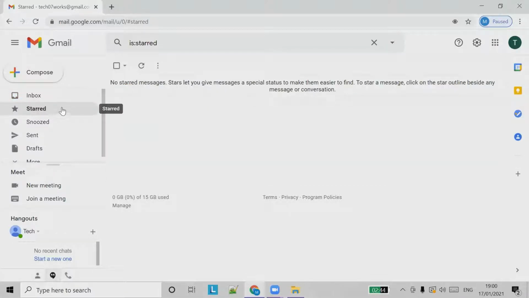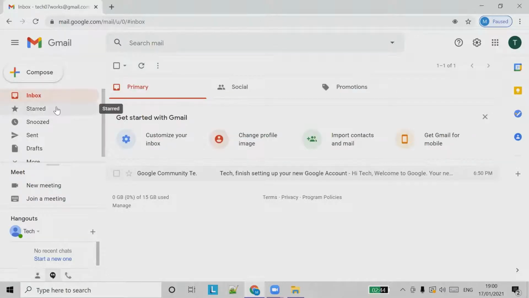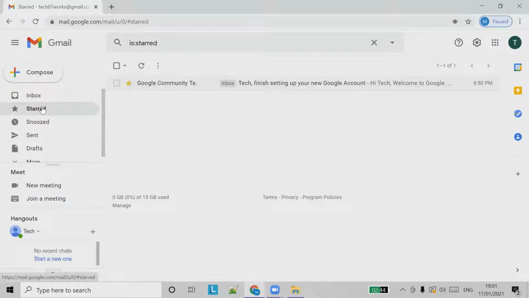Okay, let's see. So we can star some emails. So let's say some emails are important to us. So let's say this is an important email. So there is an option to star those emails, so you can refer to it later. So once you click the star option and you click it here, you can see the particular email here.